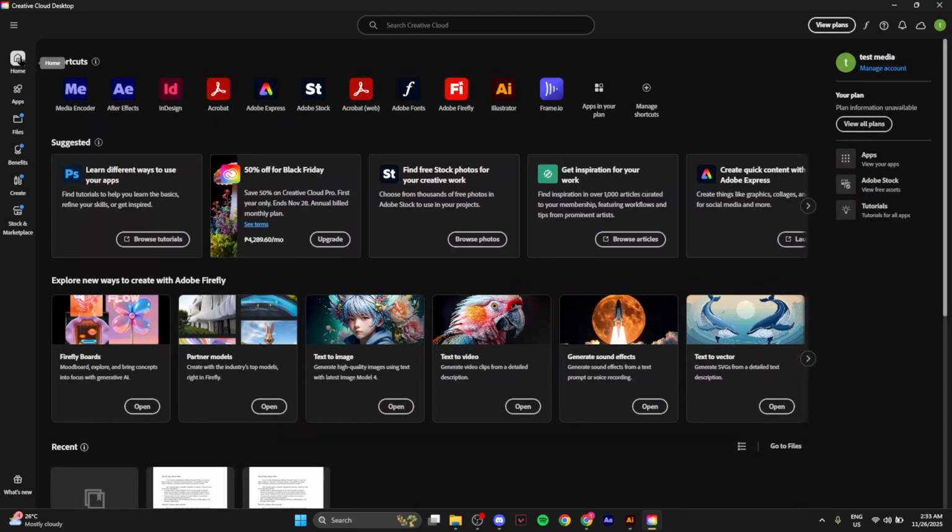First, we'll begin by launching the Creative Cloud desktop app. This hub application from Adobe manages all your apps and services, and it's here that we'll start the process to change your language settings. Once you have the Creative Cloud desktop app open, direct your attention to the top of the window